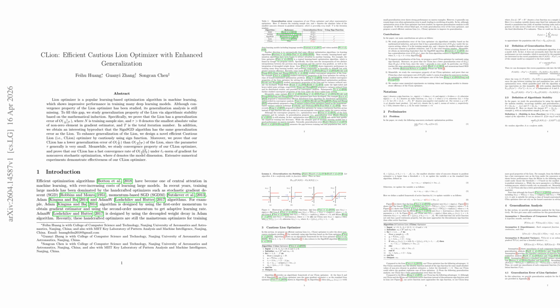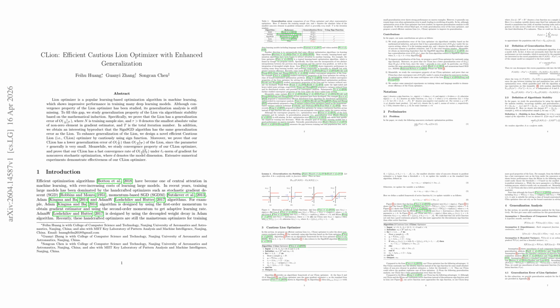Let's explore the first paper, CLion: Efficient Cautious Lion Optimizer with Enhanced Generalization. This paper introduces CLion, a cautious variant of the Lion optimizer that replaces unconditional sign updates with a thresholded rule. Use sign(c_t) when the smallest non-zero coordinate magnitude in the gradient estimator c_t exceeds a threshold, otherwise fall back to